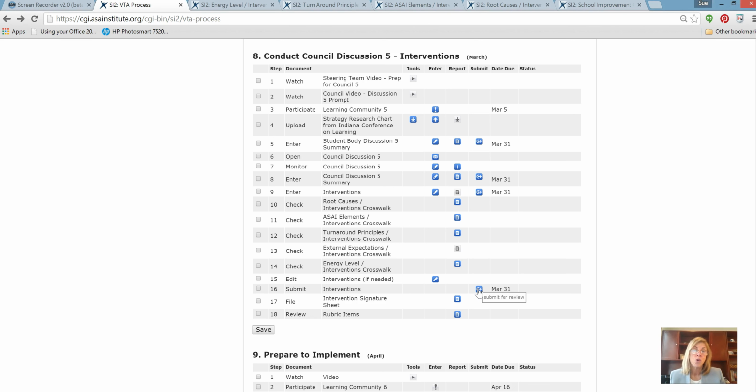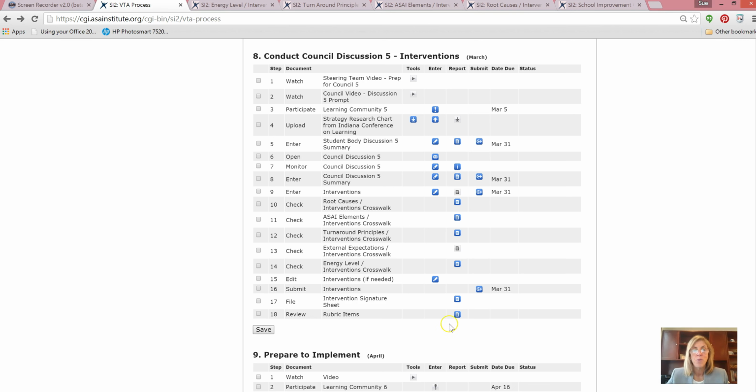And at that point, we'll call you if we think that there's an issue, or we'll send you written feedback through the online system to say, collectively, we just think that your interventions aren't strong enough to really impact your root causes, or we think you've missed an external expectation or whatever. And again, you're not clicking this button until you're finished entering all your interventions and you're happy with everything. Then hit that, and then we'll check everything together.